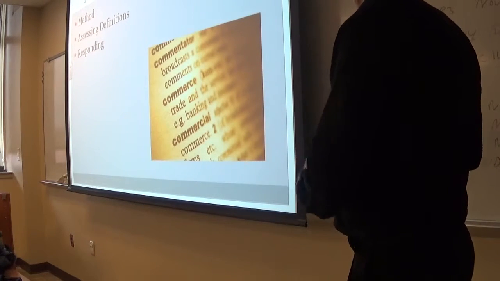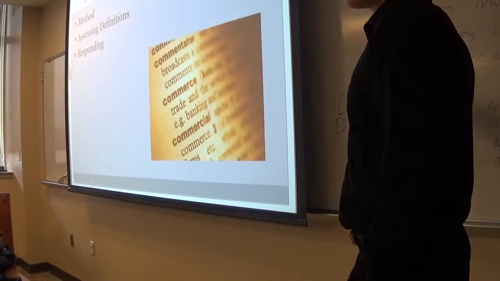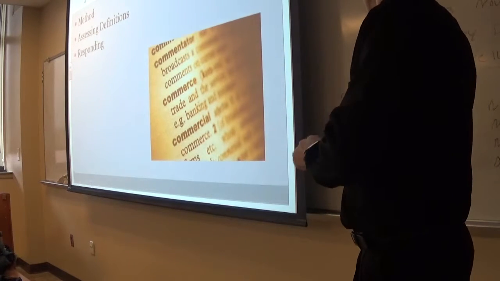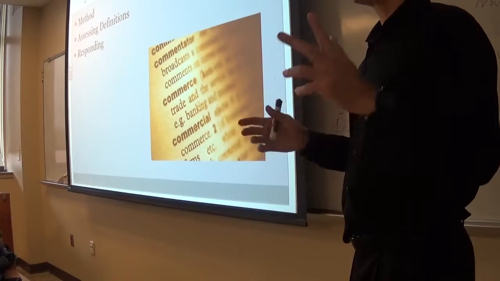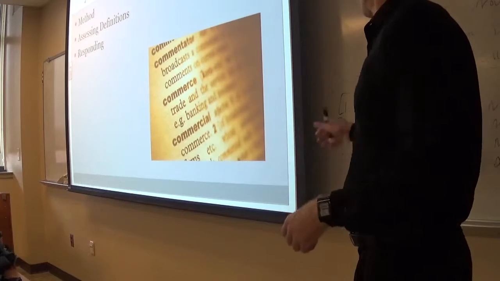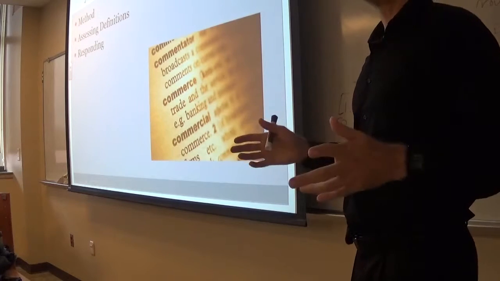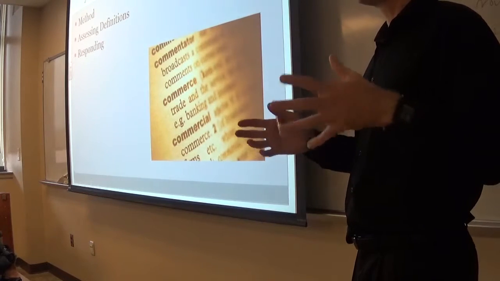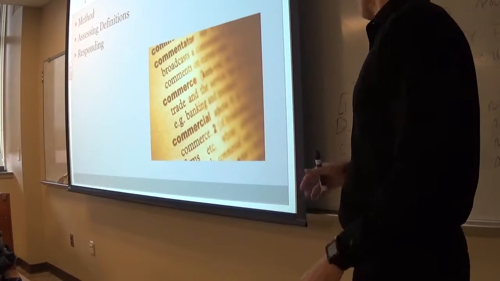A third option is to give a counter definition, to say, no, this definition is wrong, here's a better one. These things don't fit the definition, therefore it's wrong. For example, someone defines a person as having use of complex sounds, and another person says that's a wrong definition. It needs to be not just complex sounds, but true language. Or a person may reject the language criterion. For example, someone may claim that a fetus is a person, but fetuses don't use language, they don't talk. So a person might have an issue with the definition in various ways.